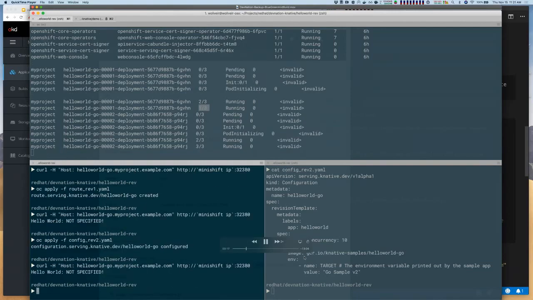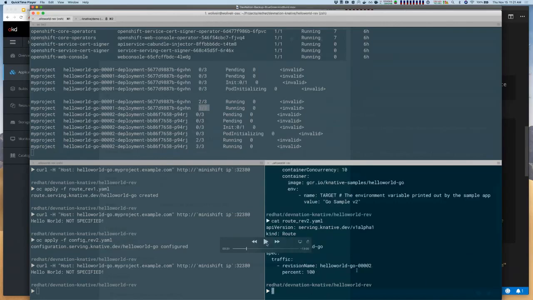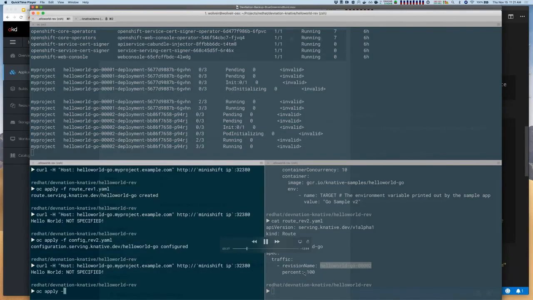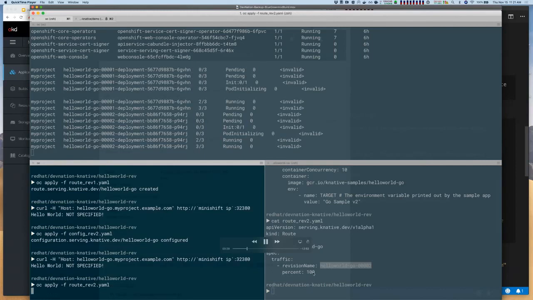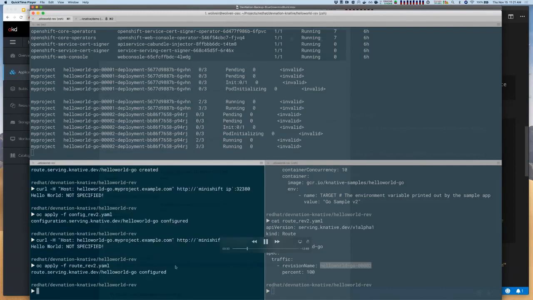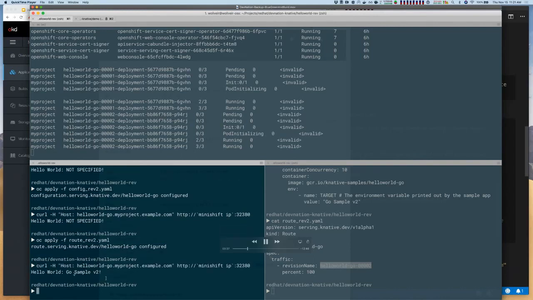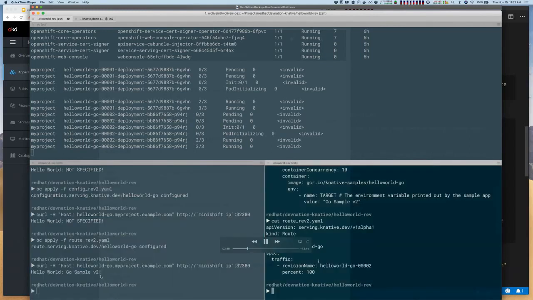But by the same token, I have not yet defined a route that points to revision number 2. So now I have to update the route or create another route to revision number 2 as well. In this case, I'm sending 100% of the traffic to that new revision. Now that it got created, I can curl, and voila, now I get the result I was expecting